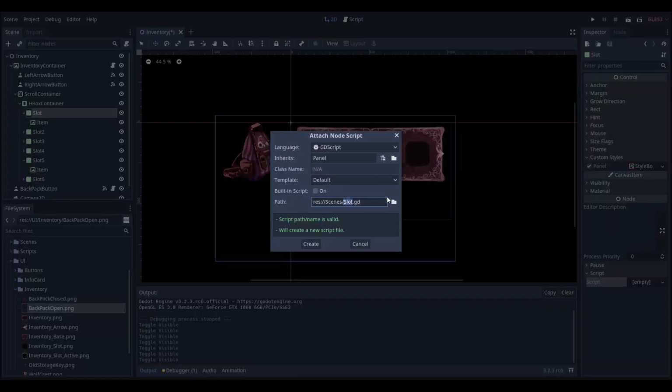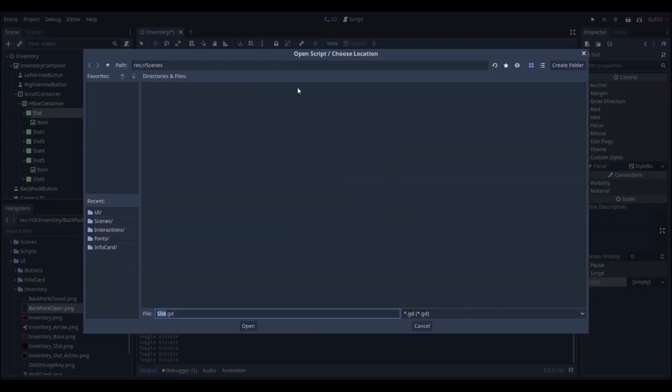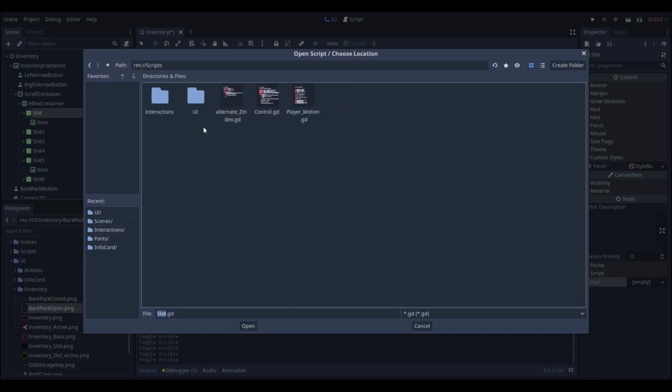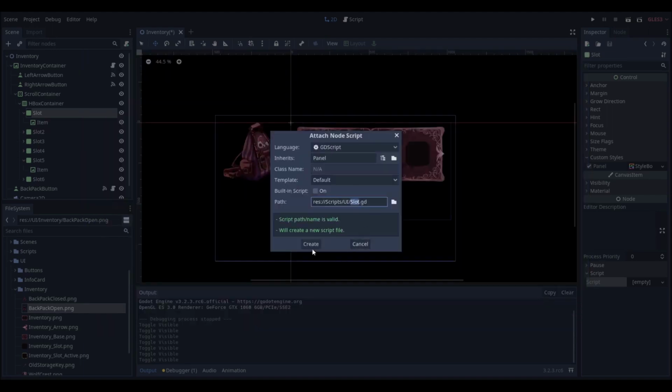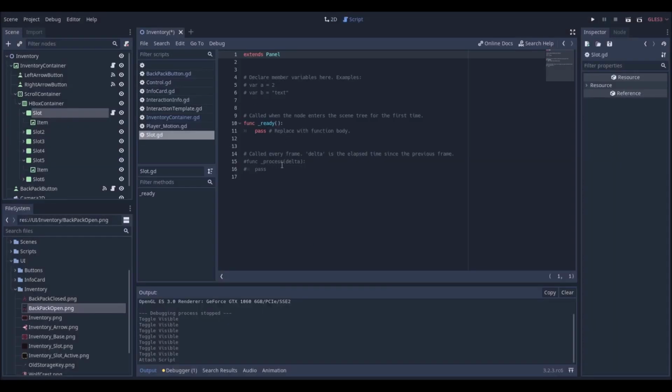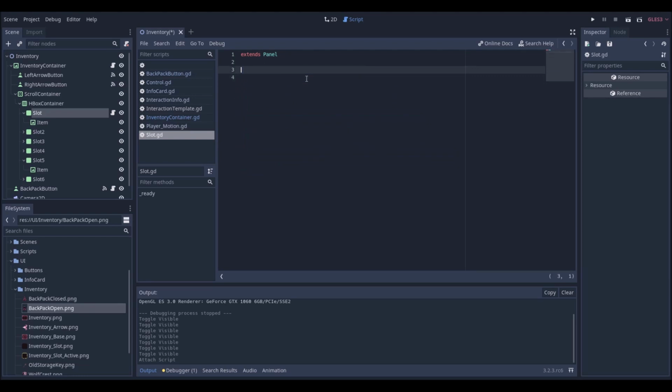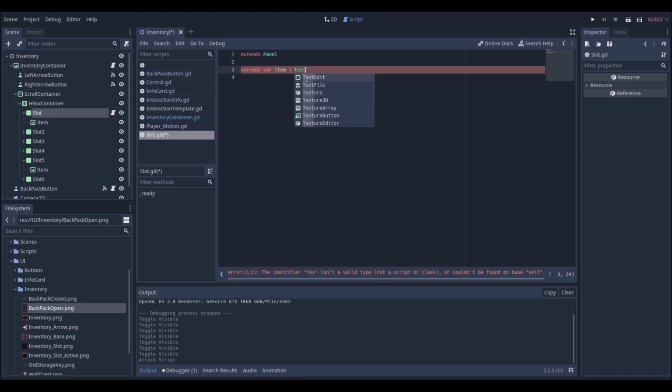Go to the slots and create a script and put it, of course, here. I'm going to call it slot class, and within the script, of course, I need to get the item, which is a TextureRect, and it's called